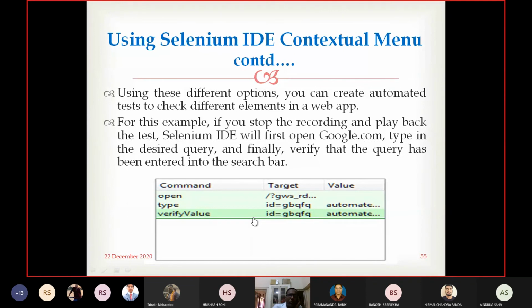For this example, if you stop the recording and then play back the test case, Selenium IDE will first open which page? What you have given: first you have given google.com. Then it types in the desired query, whatever you typed, automated testing. So when you play back, whatever sequence of operations you performed initially, the same thing will play back in the same sequence. Then you can match.